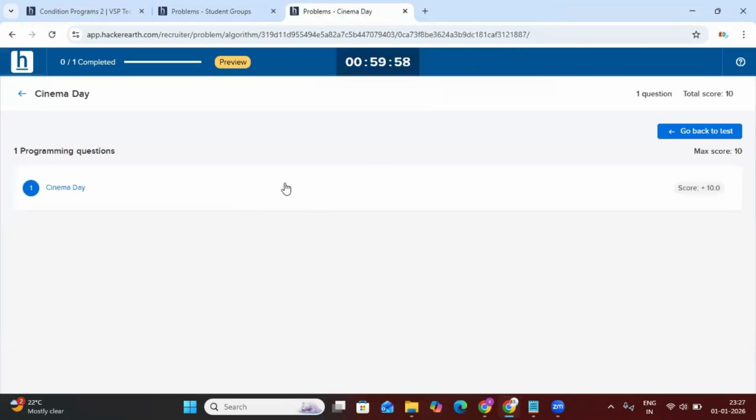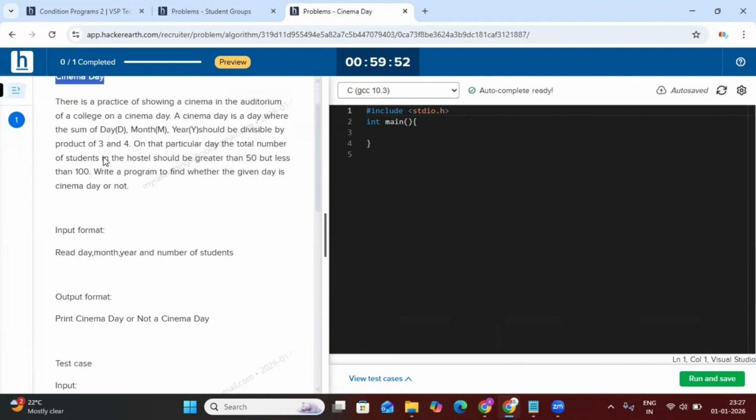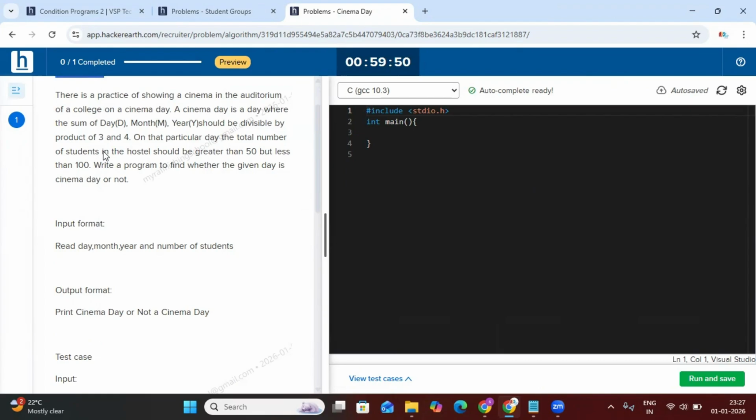Okay. Next, cinema day. The program name is cinema day. That means you can decide whether the day is a cinema day or not. How to decide that? You can accept the practice of showing a cinema in the auditorium of a college on a cinema day. A cinema day is a day where the sum of day, month, year should be divisible by the product of 3